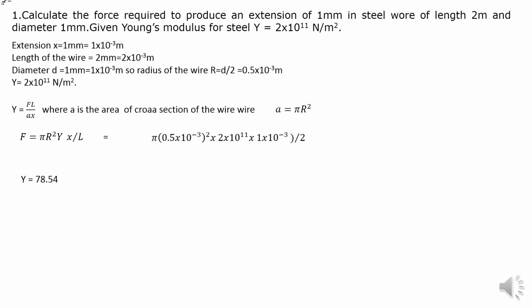d by 2. And we have the expression for Young's modulus as Y is equal to FL by AX, where A is the area of cross section of the wire and A is given by pi r square. Thus F becomes equal to pi r square Yx by L. Substitute the values after proper conversion to SI units, and we get F is equal to 78.54. Next,